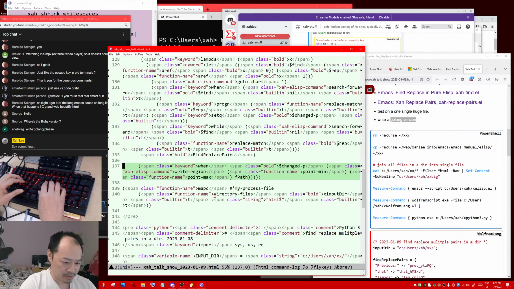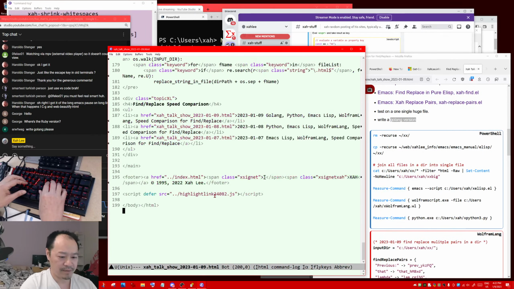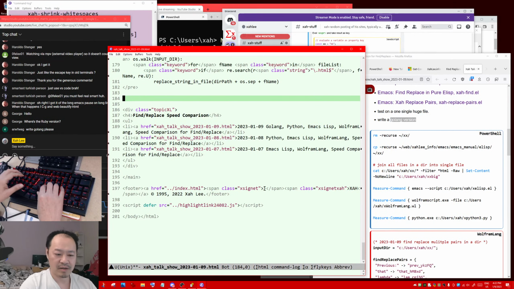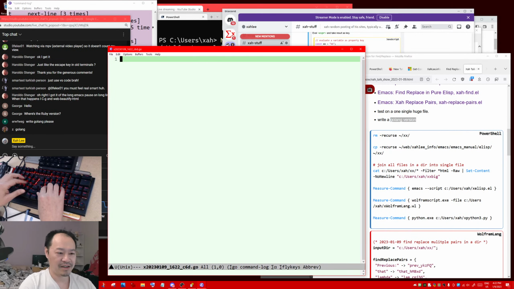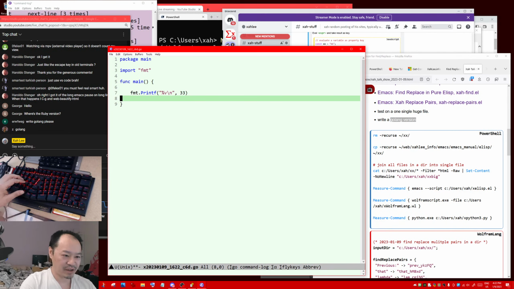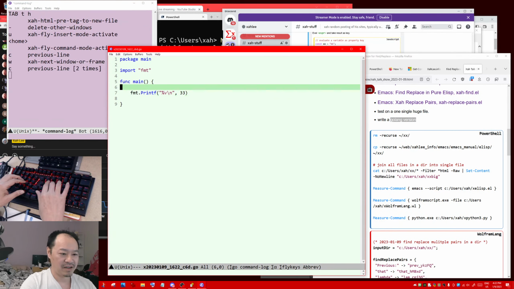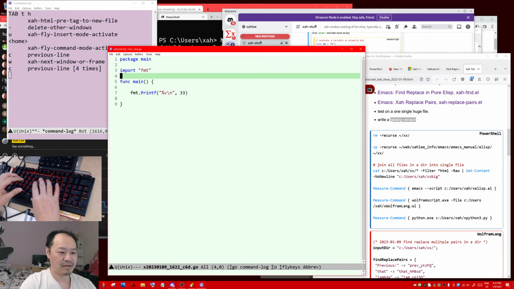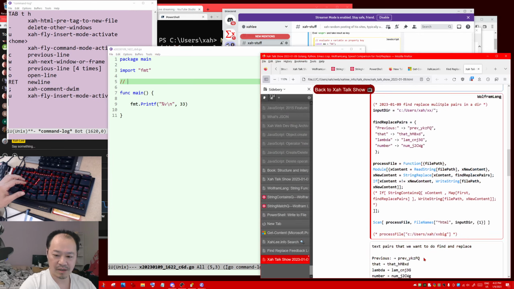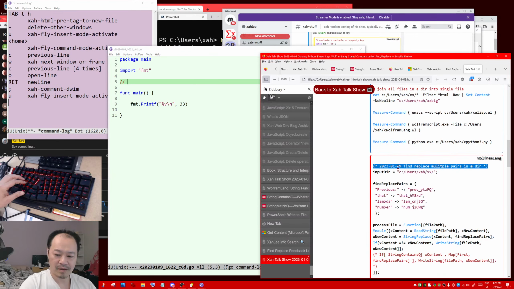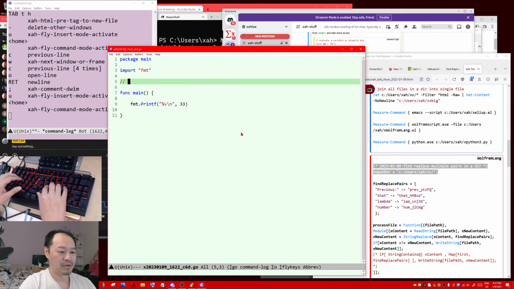Find replace multiple pairs from scratch. Golang, yay. Okay, I haven't coded Golang for a long time. So for every Golang file, you need this template. So let's explain what we're gonna do. Just like the others, we're gonna need to, let's copy some of it. Okay, so we're gonna need